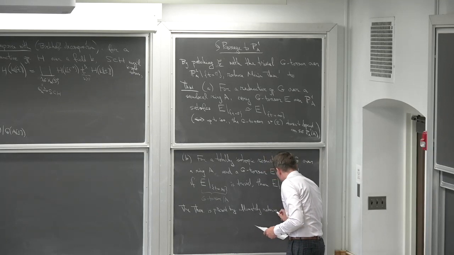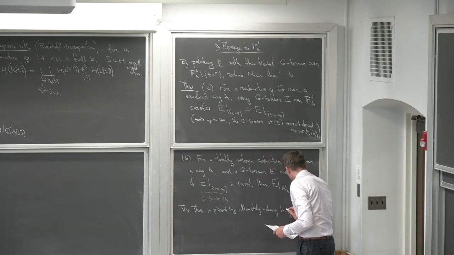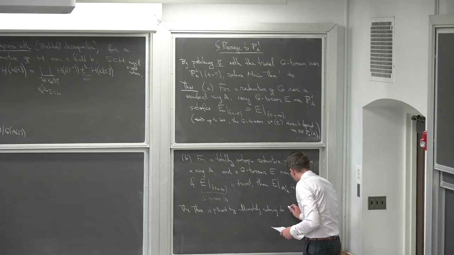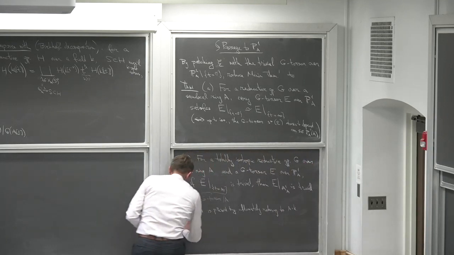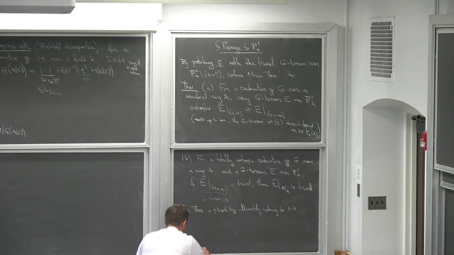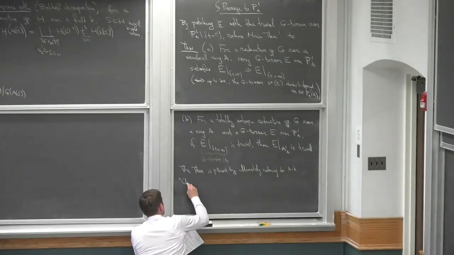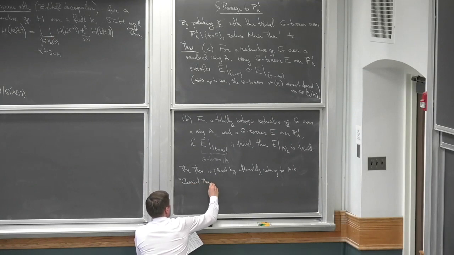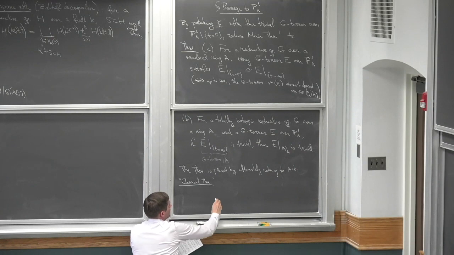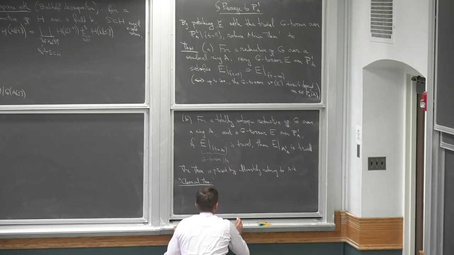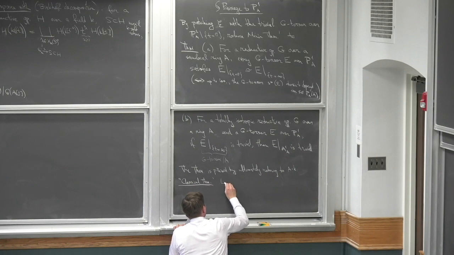All can be reduced to the case when A is a field. And in the case when A is a field, there is this kind of, let me call it, classical theorem. So somehow I'm claiming that the case when A is a field is classical, this theorem. And more generally, so let me say that if we have